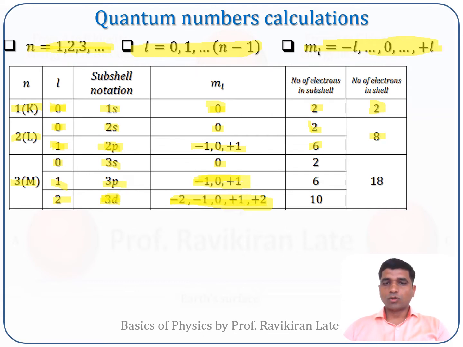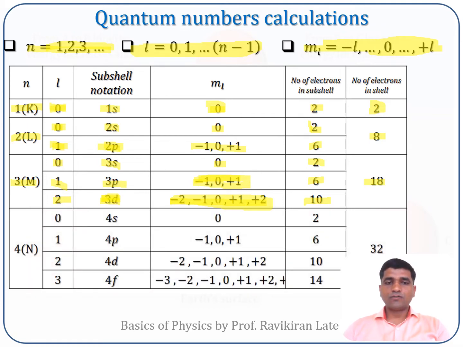These will be the 5 d orbitals. Now each orbital can have 2 spin states. So for d, there are 5 orbitals, so 5 times 2 is 10. For p, there will be 3 orbitals, so 3 times 2 is 6. And for s, that is L equal to 0, you have only 2 electrons. So if you calculate the total, it will be 2 plus 6, which is 8, 8 plus 10, it will be 18 electrons in the case of the third shell.